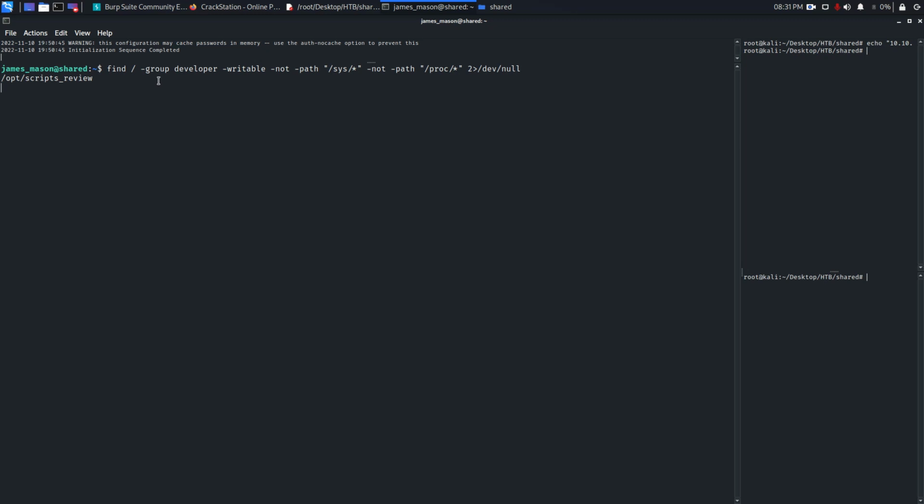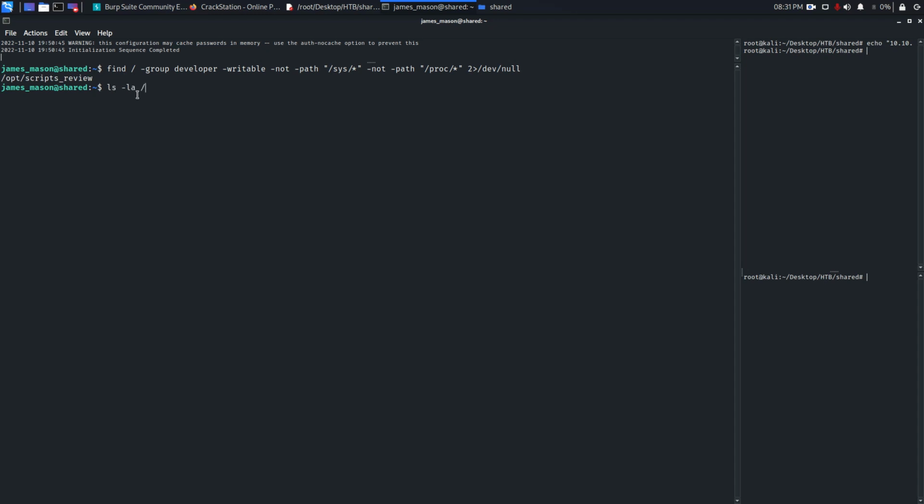What this command is actually doing: I'm saying find what any member in the developer group has write access to, but don't look at this path and don't look at this path, right? So now we can see we get a result, and as you can see, we have the write permission on this directory. So let's see,